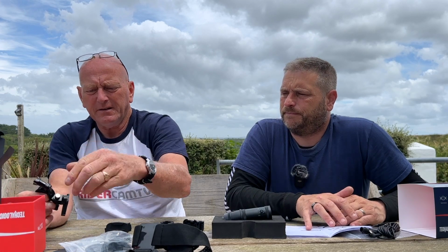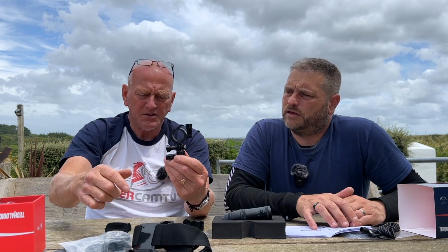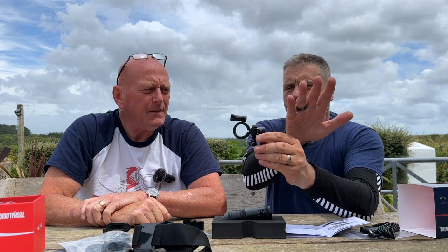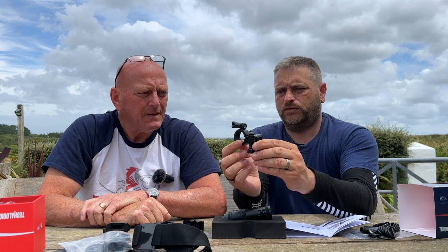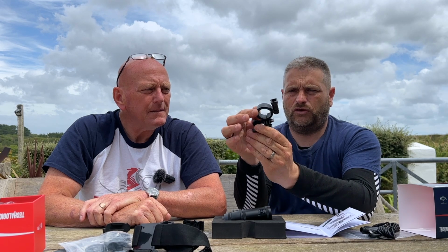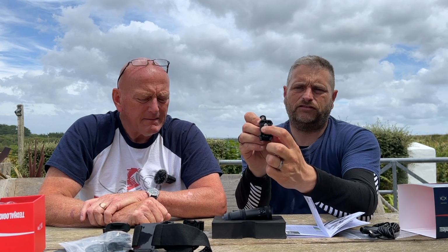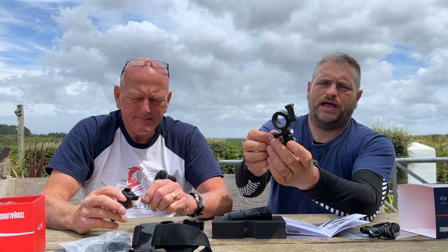This is the one I like. Look at that. Good, isn't it? So if you stuck that on the side of your helmet, with the helmet facing forward, you can angle it in to get the shot that you want. If you stuck it up on top of your helmet, you could angle the shot forward and backwards. And it would probably twist because there's a little screw in there, so you could twist that and get the angle exactly where you want, rather than having to change these